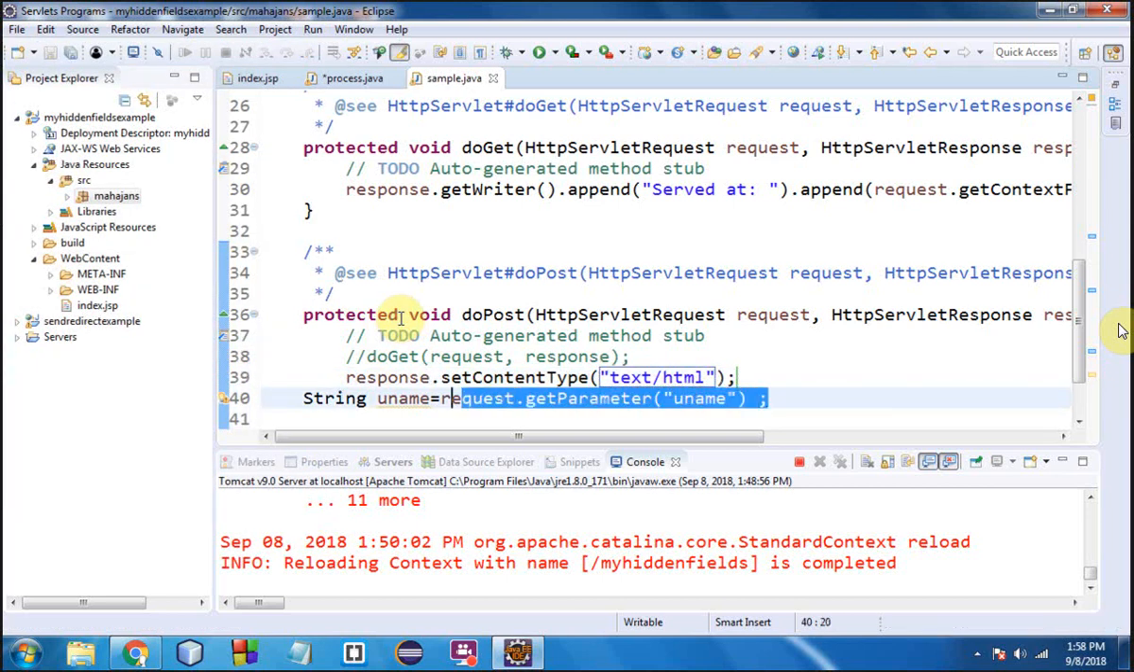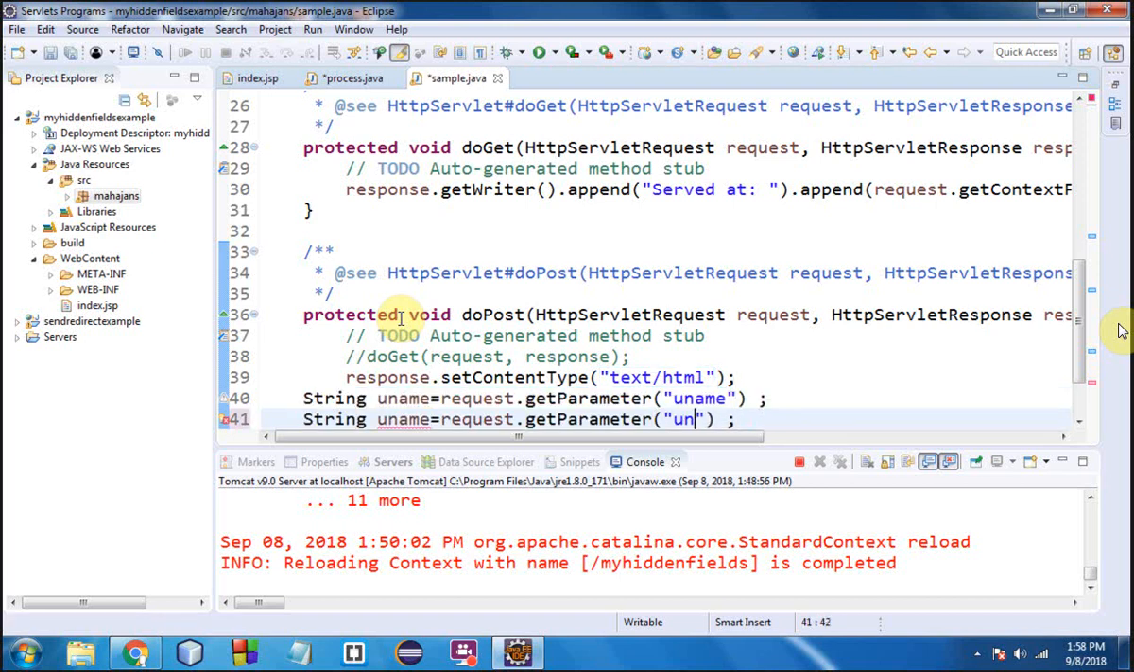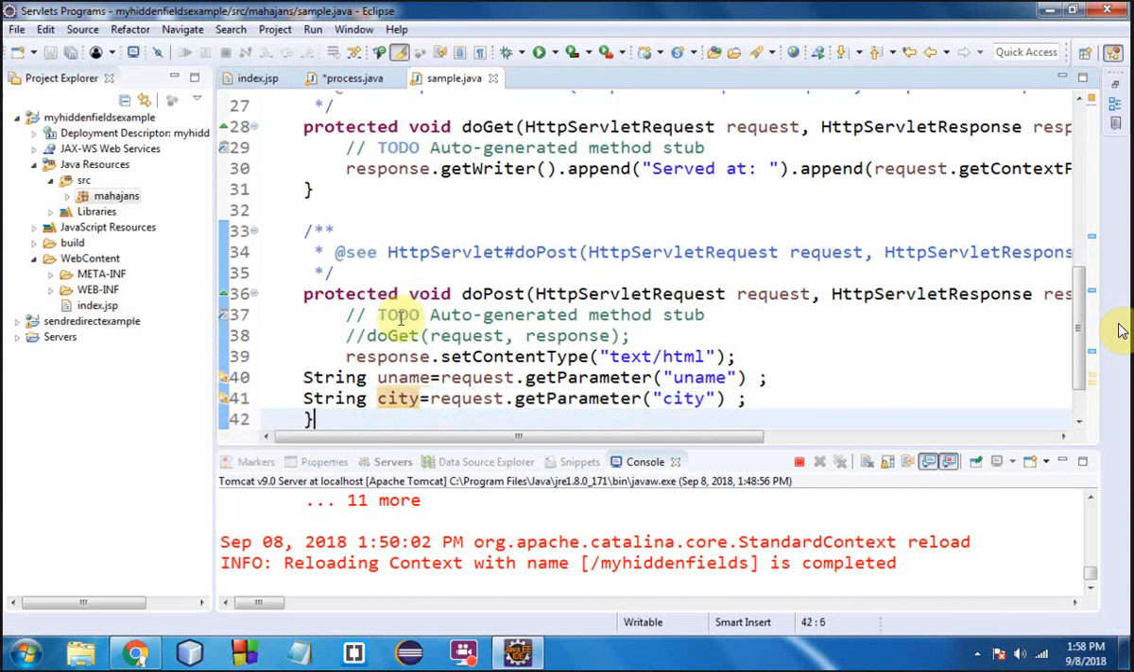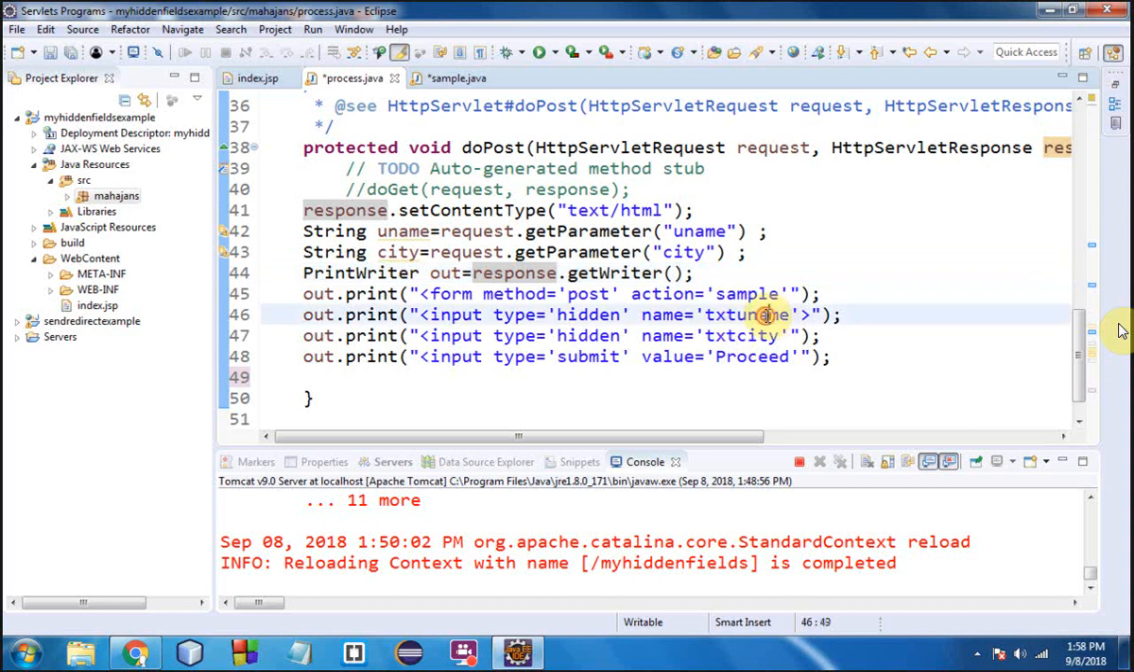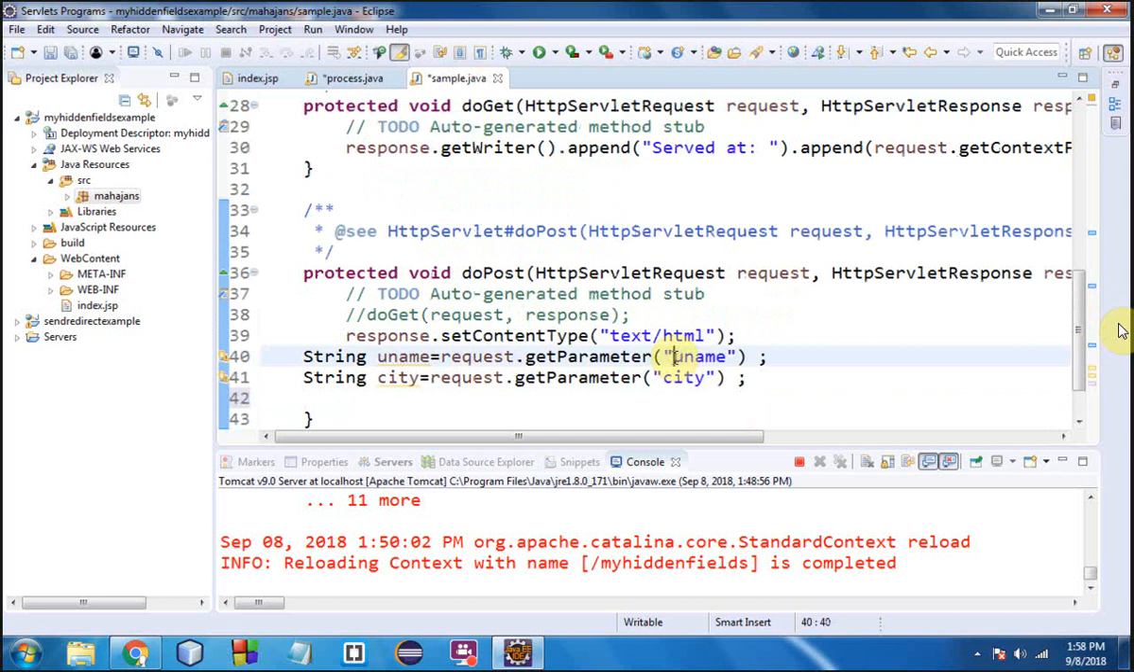So the name of the first hidden field was uname. Its value will be picked up and put into uname. Similarly, we will pick up the value of the second hidden field, city, that will be put into a variable called city. Sorry, the name was txt uname and txt city, the names of hidden fields. So I have corrected it, txt uname and txt city, these were the names of the hidden fields in process.java